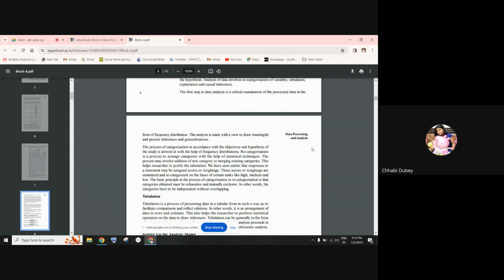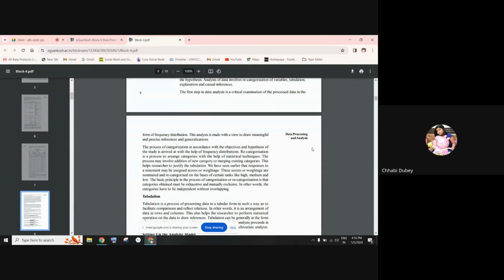So we will come to the various statistical tools later on in the discussion. This analysis is done after examining the frequency distribution, and it is generally made with a view to draw meaningful and precise inferences and generalizations. Now, generally, the process of categorization in accordance with the objectives and hypothesis of the study is arrived at with the